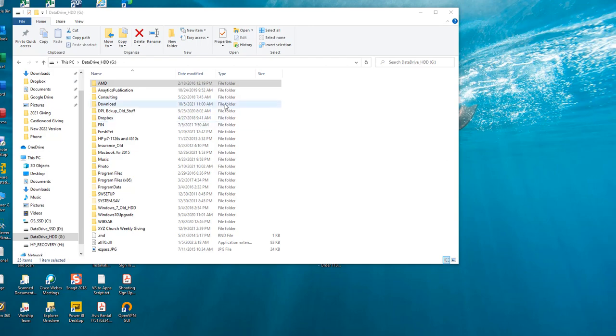So the first thing I want to do is go ahead and create a folder where we will put this Excel file and the user guide. Now you can put it in your documents, you can put it in your desktop, create the folder there. However, sometimes